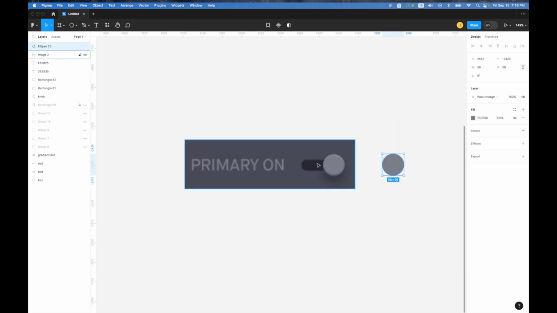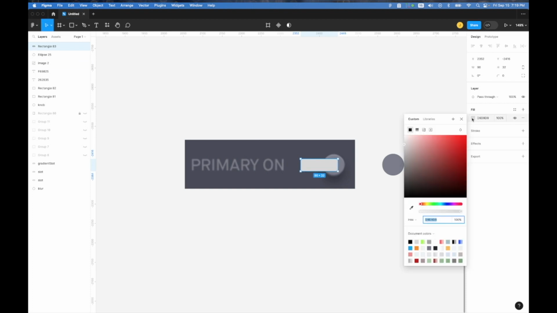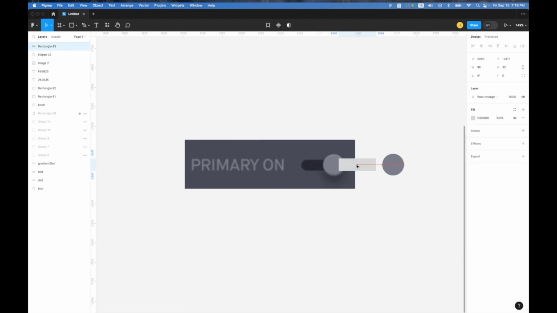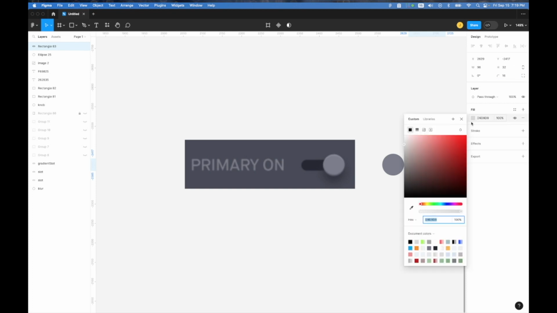Then we're going to grab the slot behind it. And it's got these rounded edges, which we can just, here, if we say that the height is 32, so we know that we got to put those at 16, that's half of those. So that'll round it off for us. Then we're going to take that color inside,